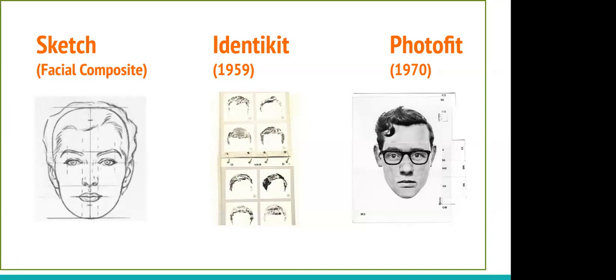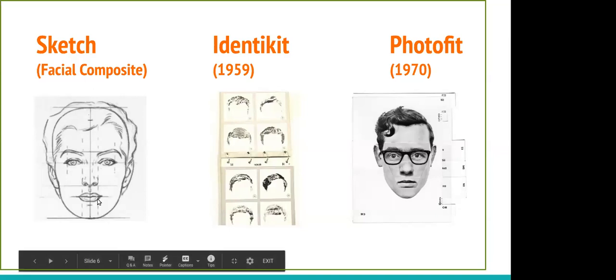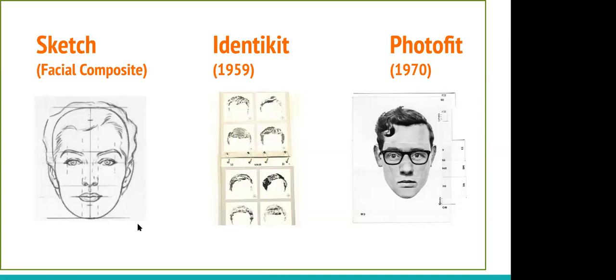And then the chelion is basically the closing point of the lips. So the chelion should fall under the endocanthion. Endocanthion is the innermost point of the eyes. So it should all be in line with this. And when you keep these considerations in mind, and draw it on the basis of some measurements and a grid, then we call it a metric sketch. And if you do it freehand, then it's a freehand sketch.